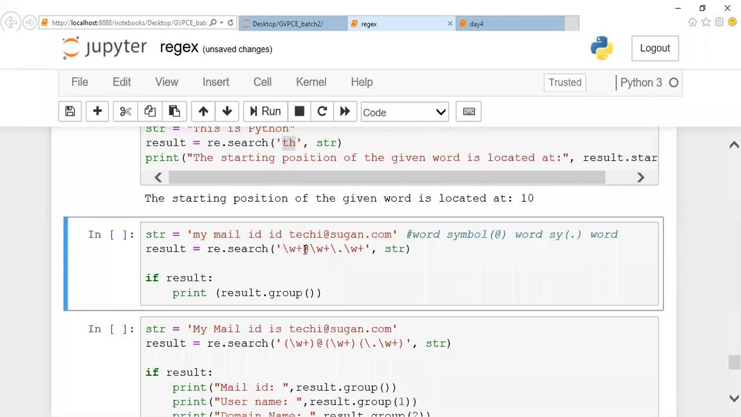So that's the reason I placed it here. Then followed by a word with any number of characters, so \w plus. Okay, this is done. Then this pattern is done, guys. Then followed by the dot symbol. For placing the dot symbol, I'm going to mention